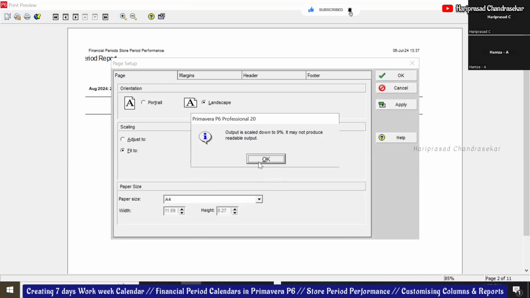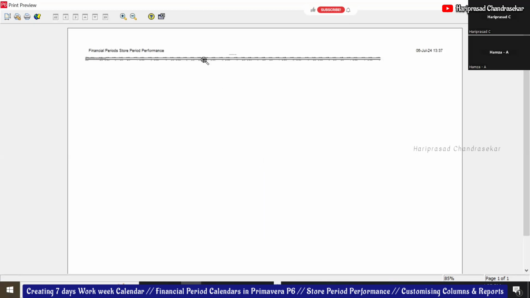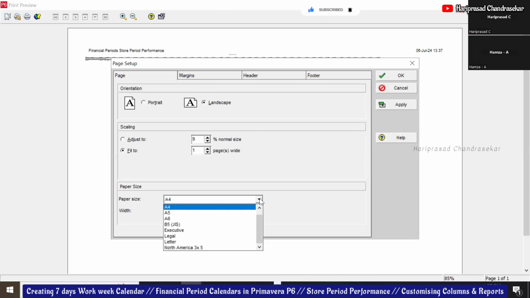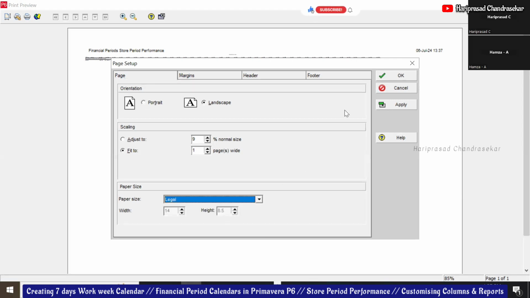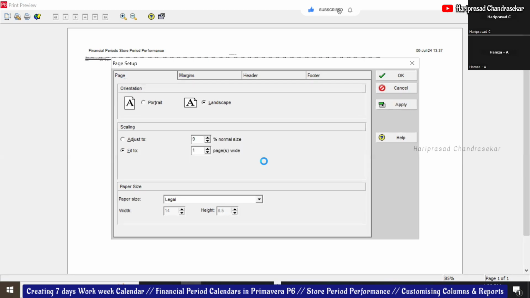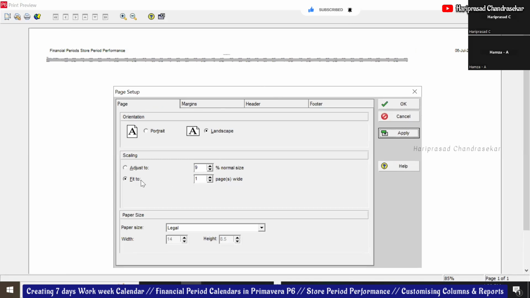Okay, can you change it to portrait? Maybe that will help. So actually it was okay. Portrait is not good, no, landscape because it is having more columns. Okay, fine, but here it is not correct. A4. Now what can we take? We can just take something bigger, maybe legal, apply. Okay, now you can see it's just reducing. It's not readable. Reasonable, readable. All right, I see.